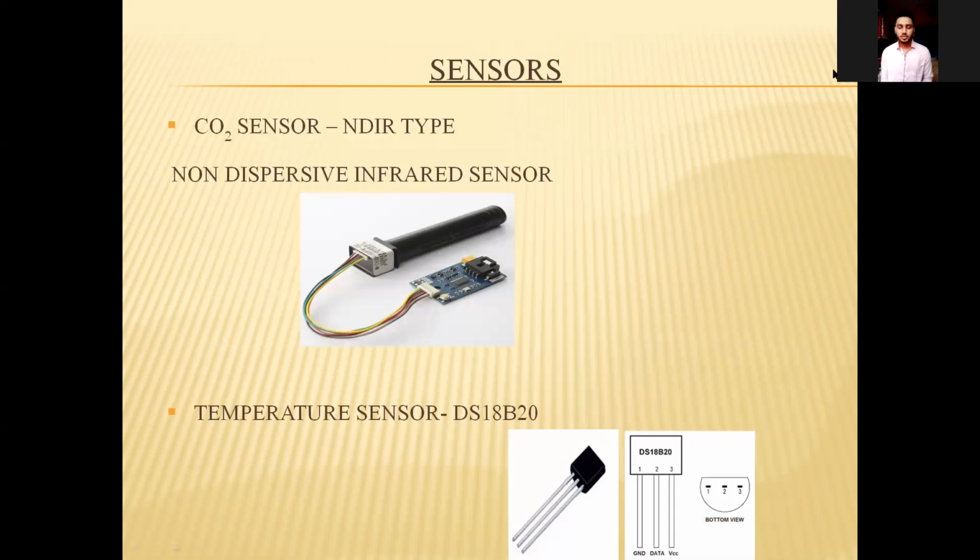Okay, then we come to the CO2 sensor. For the CO2 sensor, we searched a few sensors, which included the NDIR sensor, and these are proper and accurate for our work, and they will detect the CO2 amount in the chamber. And for our temperature sensor, we are going to use the DS18B20, which is a precise digital sensor. These are mostly used in digital thermometers. And there are 3 pins in it. One is ground, one is data, and one is voltage. Next.